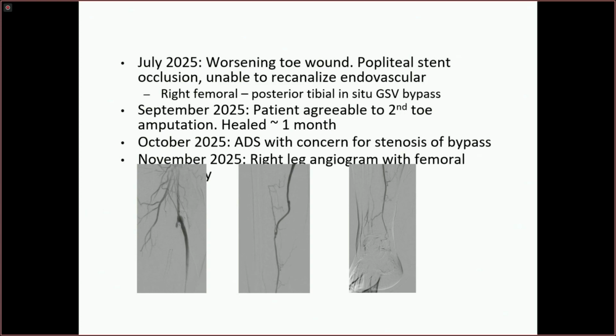On surveillance arterial duplex, he was noted to have concern for stenosis of his bypass, which wasn't the case. His bypass looked great, but he underwent angiography, and we performed SFA angioplasty. You can see there's his proximal SFA, his jump graft coming off the mid SFA there, going down to the PT on the middle picture, and then his PT runoff to the foot.